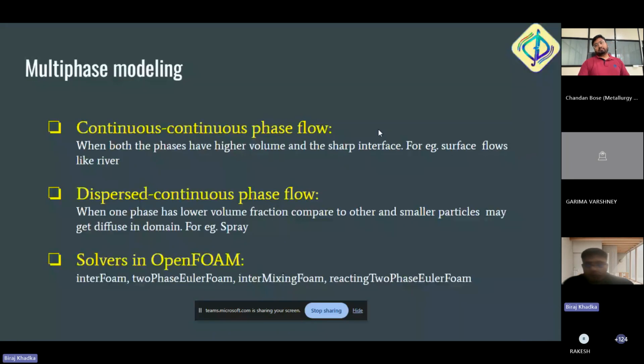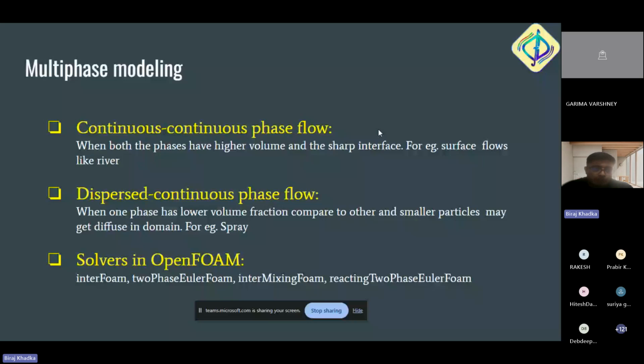Regarding multiphase modeling, there are two kinds of phase flow, namely continuous phase flow. This occurs when both phases have higher volume and a sharp interface. We can take an example of free surface flows like in a river or sea, and also the dam break simulation. Another one is dispersed continuous phase. This occurs when one phase has a lower volume fraction compared to the other, and the smaller dispersed particles are diffused in the domain. For example, a spray, where liquid droplets are the dispersed phase, whereas the air is the